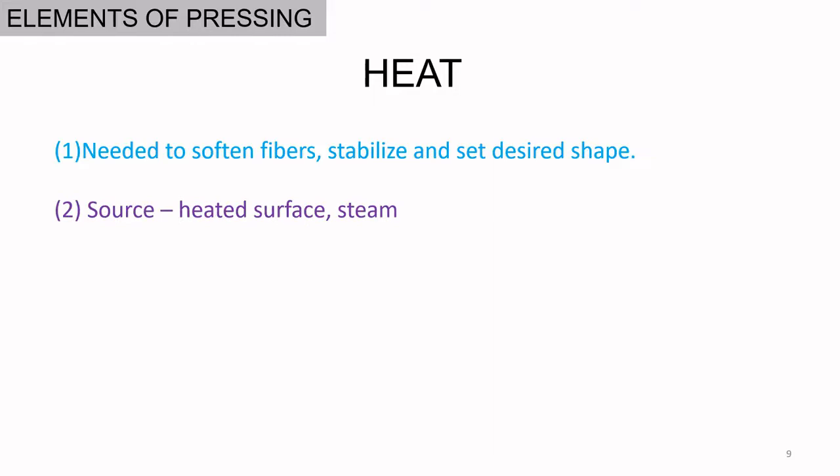And what is the source? The source can be either the heated surface, which is the iron, where the surface of the metal is going to be very hot, with the help of which we do the ironing. Or the source can be steam. With the help of steam also, we can transfer heat to the material,